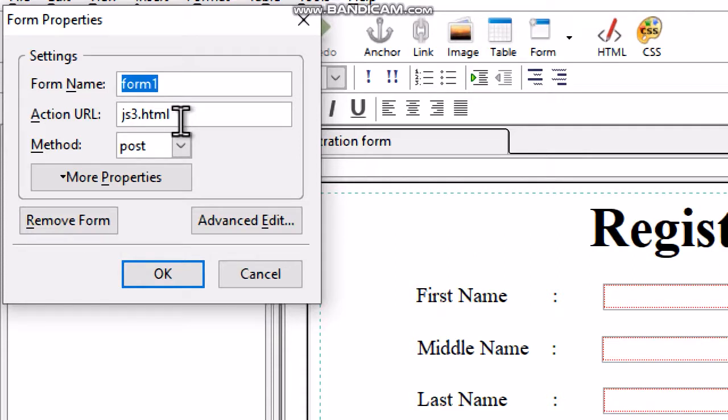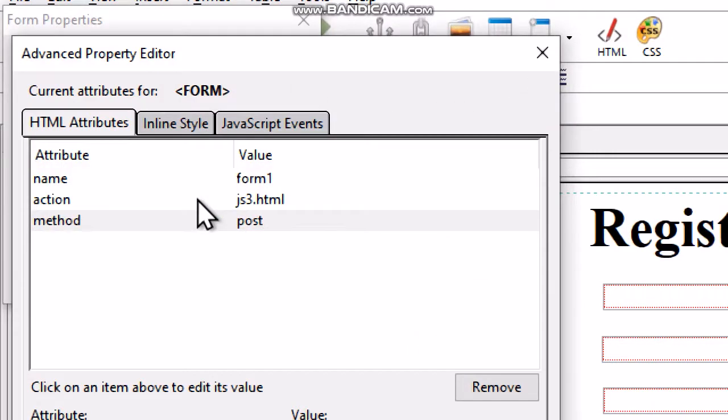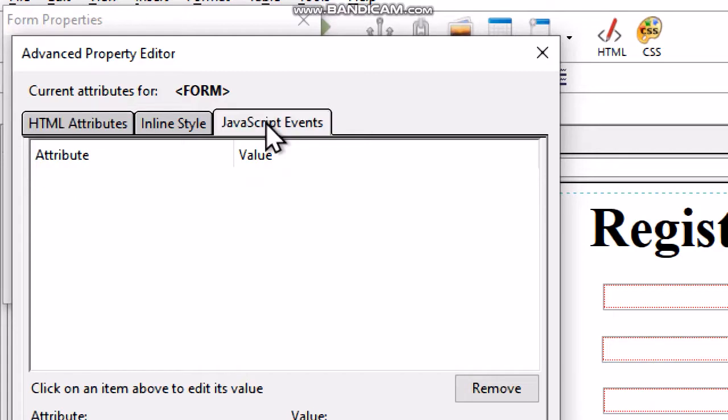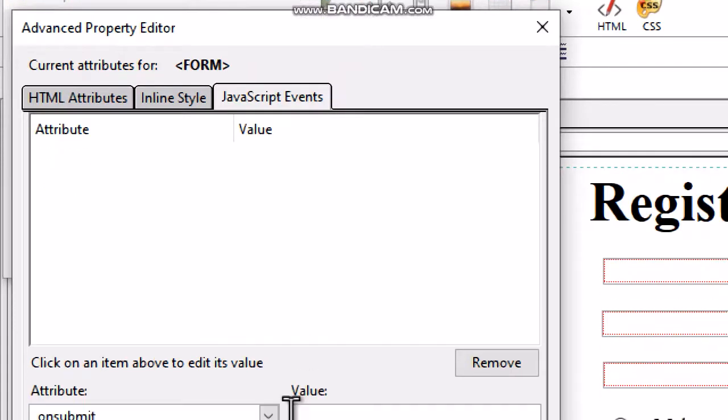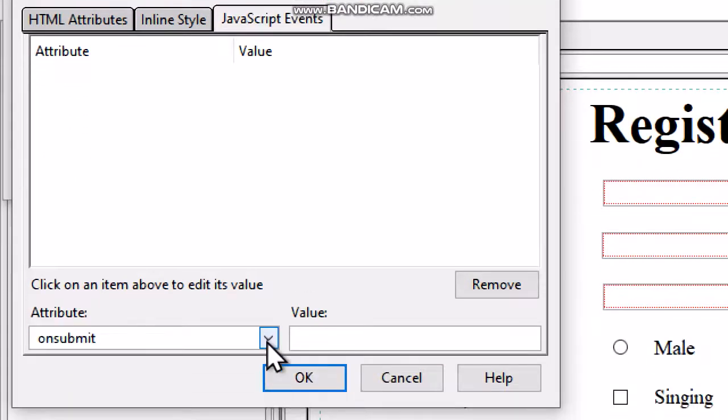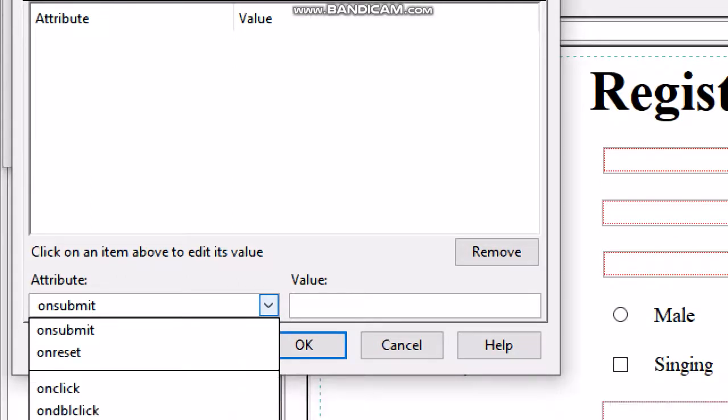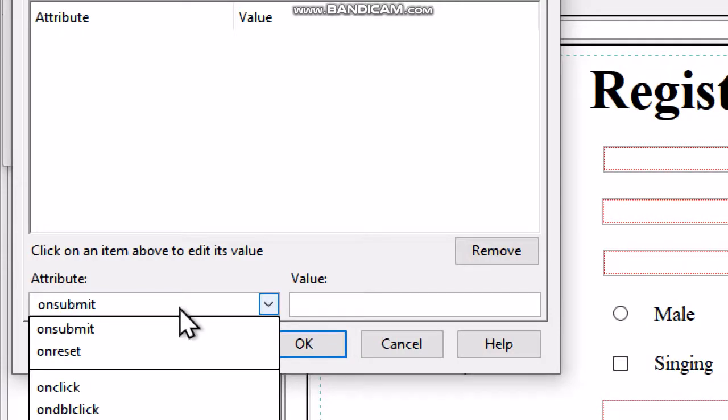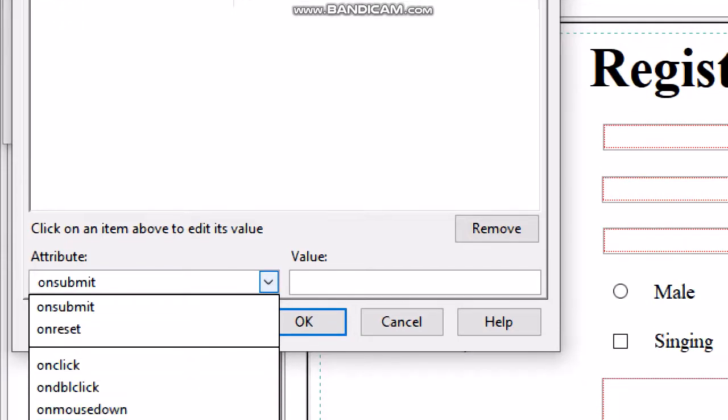Now click on the Advanced Edit button. The Advanced Property Editor dialog box will open. From this dialog box, out of the three tabs, select JavaScript Events. In the Attribute option, select the On Submit option from so many other options.